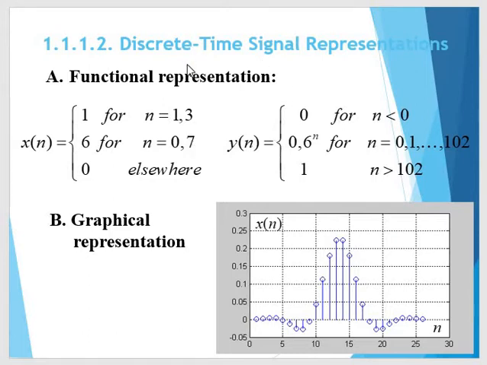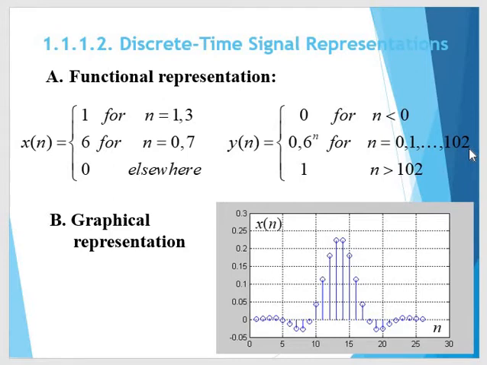In the same way, a signal y(n) is represented like this: 0 for n less than 0. Whenever n is less than 0, all the values are 0. For n from 0 to 102, it is 0.6 to the power n. That means at the 0th position, 0.6 to the power 0, at the 1st position, 0.6 to the power 1,